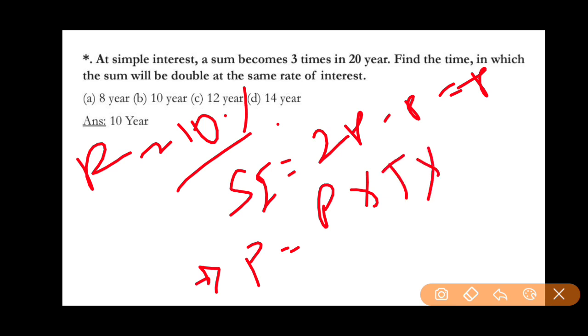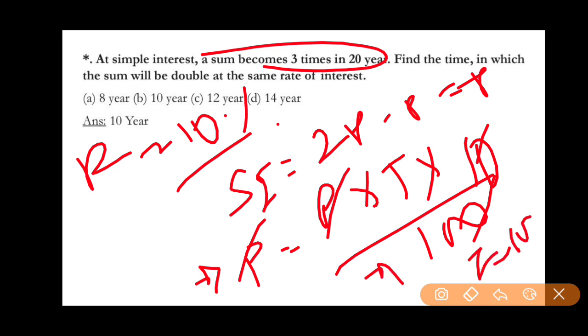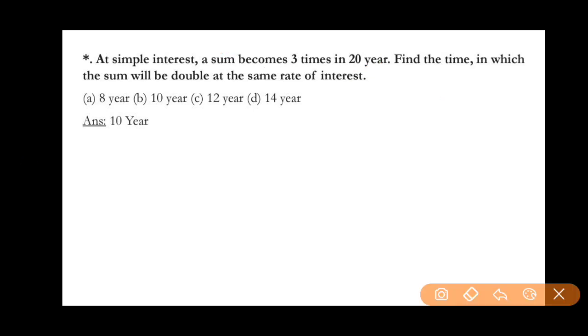Time is not mentioned. For this you need to calculate the time only, and rate of interest r equal to 10 is given, which was calculated from the previous phase of the question, by 100. You just cross multiply. After cross multiply, p cancels, then the time would be t equal to 10. It will be calculated like 10 years will be the answer. Okay, thank you. This 10 years is the answer, and here you can go for answer number B.